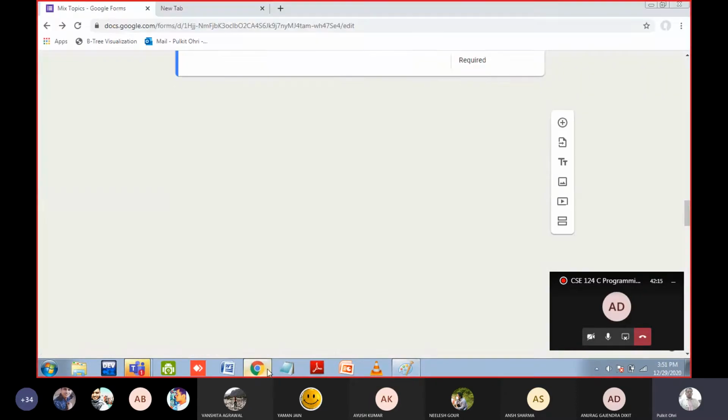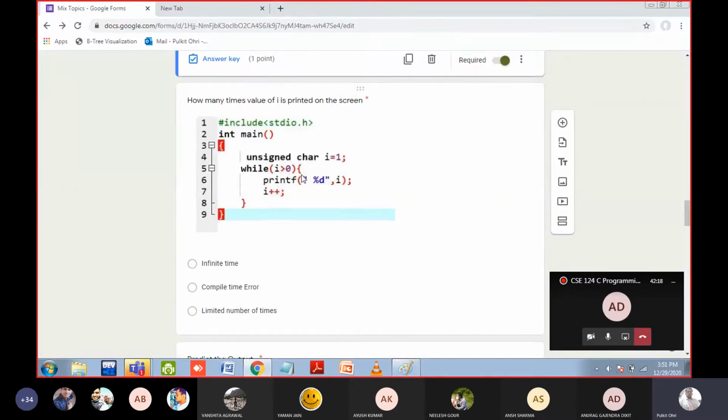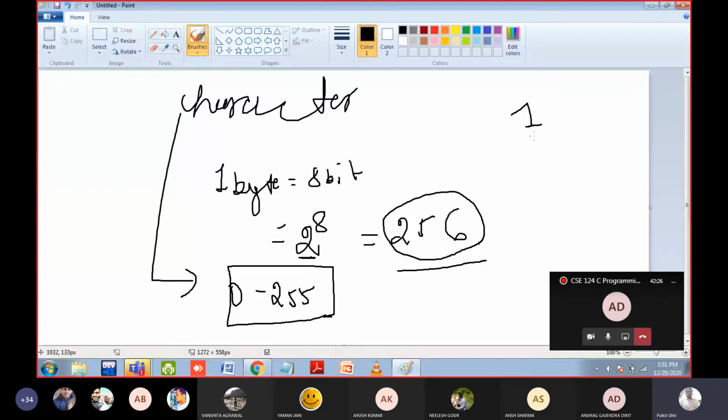Then you will check whether 1 is greater than 0 or not. You will print it, you will update the value. Now a student will say it runs an infinite number of times. But no, there is a rule. When the computer reaches the value 255, it will not become 256. Because the maximum number that you can store inside a character is 255. So how can you print 256 on the screen? So after 255, again you will go to the value 0. Again you will print numbers from 0 to 255, and again from 0 to 255. It works like this.